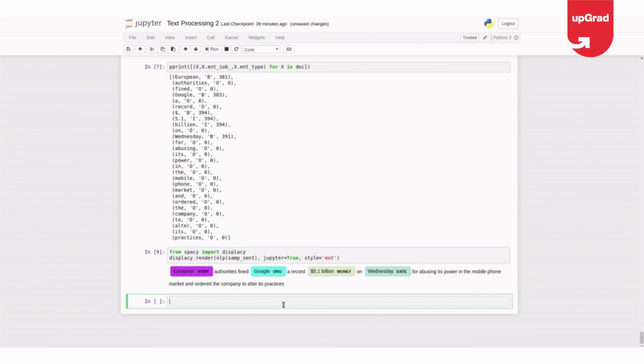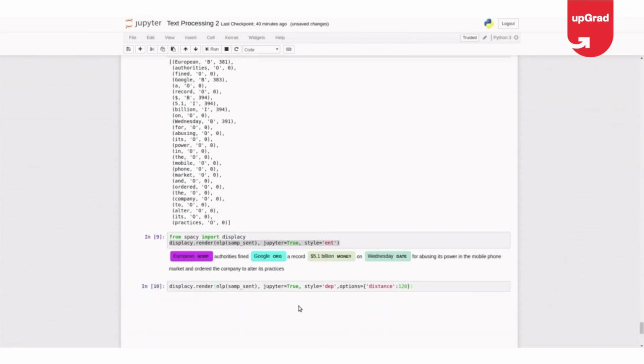There's something called dependency parser which I will be discussing in the next section. But how does spaCy also help you identify the dependencies of the sample text? That I'll show here, because we have already entered into displaCy. I just want to cover it here itself. I just need to say my style is dependency parser, dep, and options, I need to give options equal to some kind of distances to show or render. Yeah.